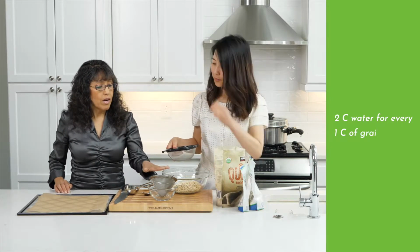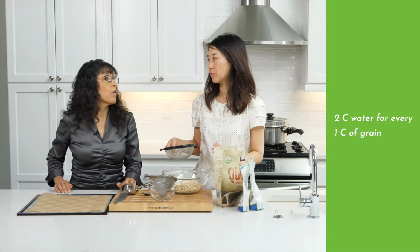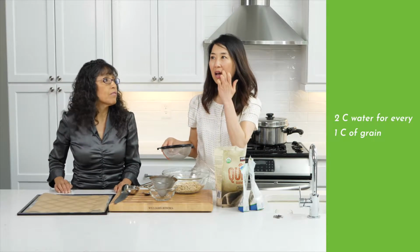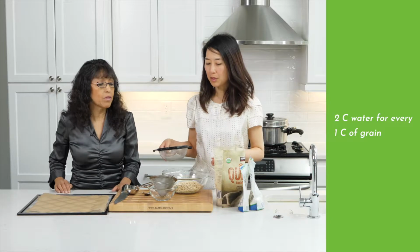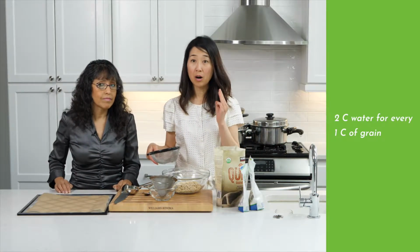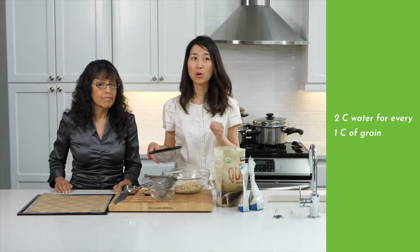If you do 1 cup of quinoa, it's 2 cups of water. Okay, 1 cup of quinoa to 2 cups of water. Same thing for the other ones. Amaranth. Okay, so buckwheat, amaranth, and quinoa are our 3 pseudoseeds, or pseudograins, that we use during this time